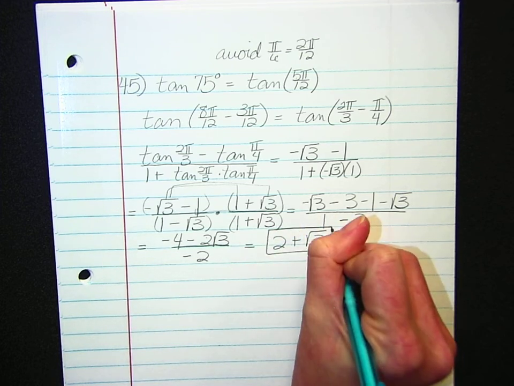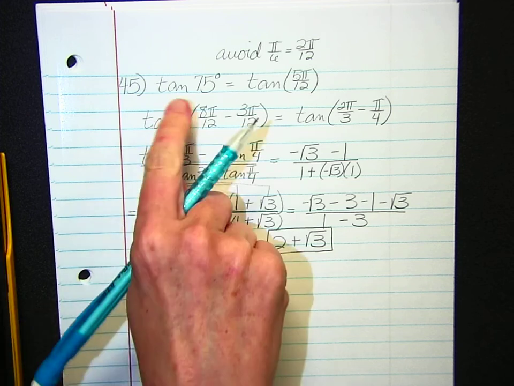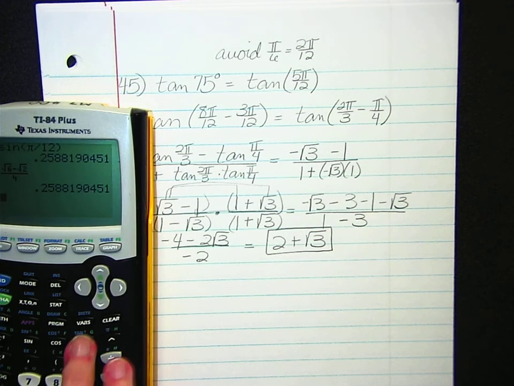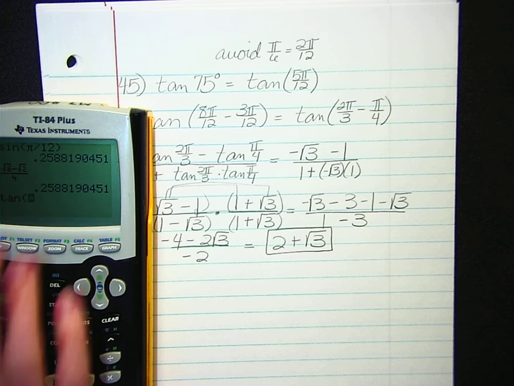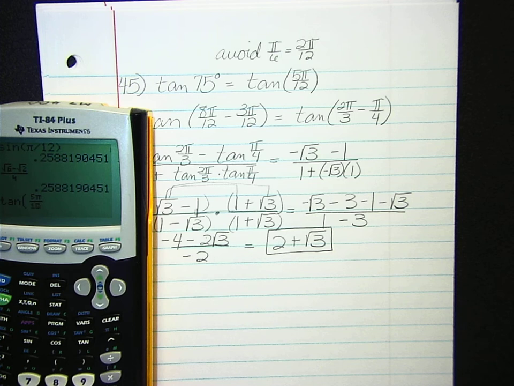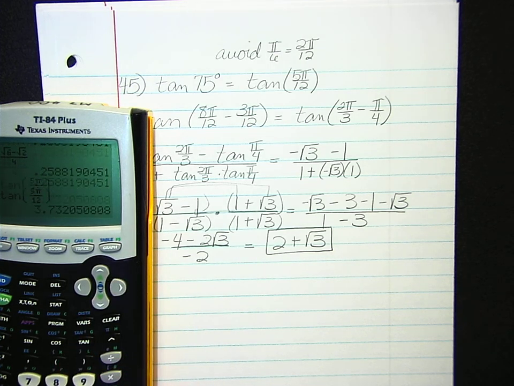And just like that last one, I can check this in my calculator. So since we know both radians and degrees, you can do it either way. It's your choice. Let's see here. If I'm working in radians, I'm going to do the tangent of 5 pi over 12. Or if